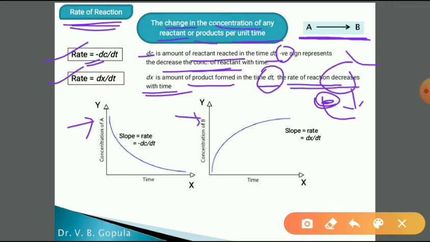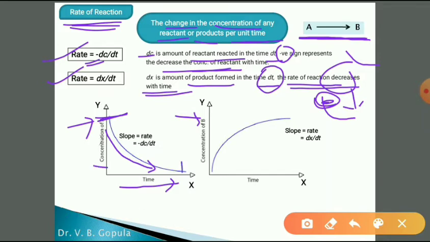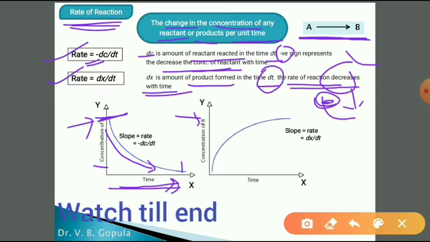With respect to A, that means the concentration of the reactant A. If you see the graph, as the time progresses, the decrease in the concentration of the reactant takes place. So this is the graph with respect to the reactant. Here the highest concentration is there, and here the lower concentration of the reactant. So as the time progresses, the concentration goes on decreasing.